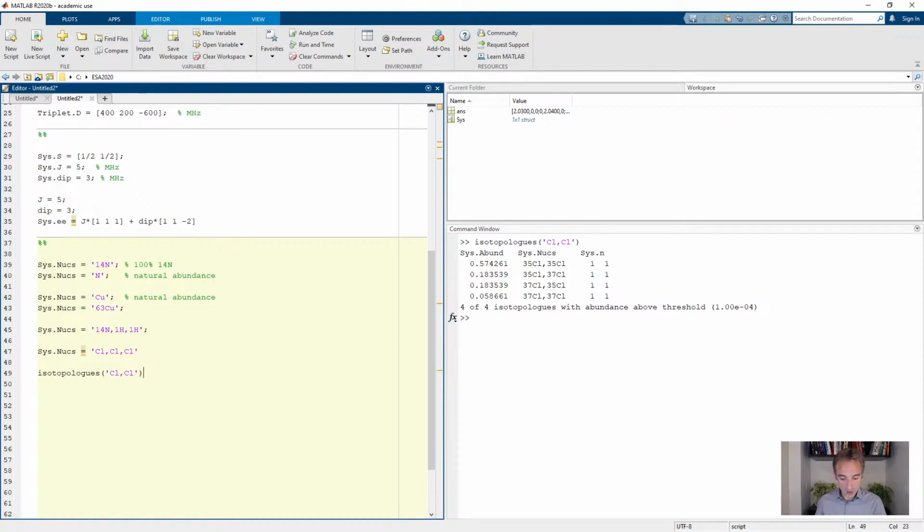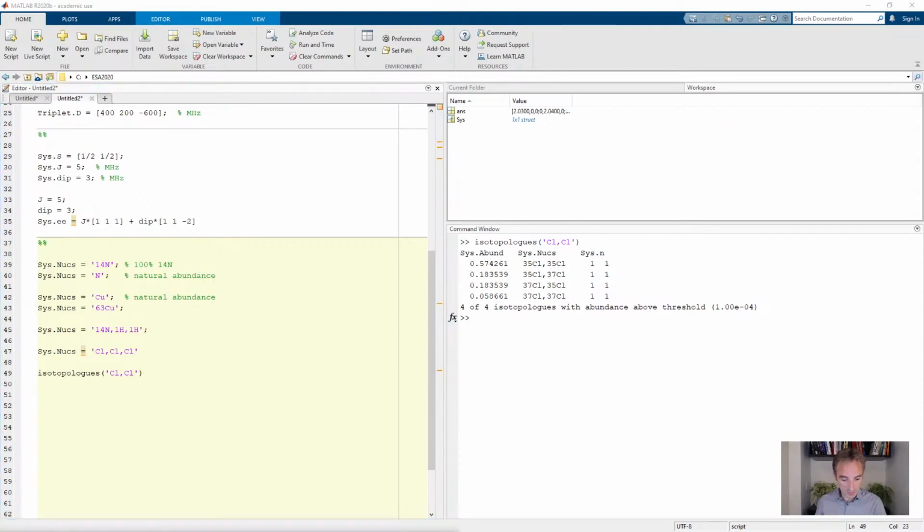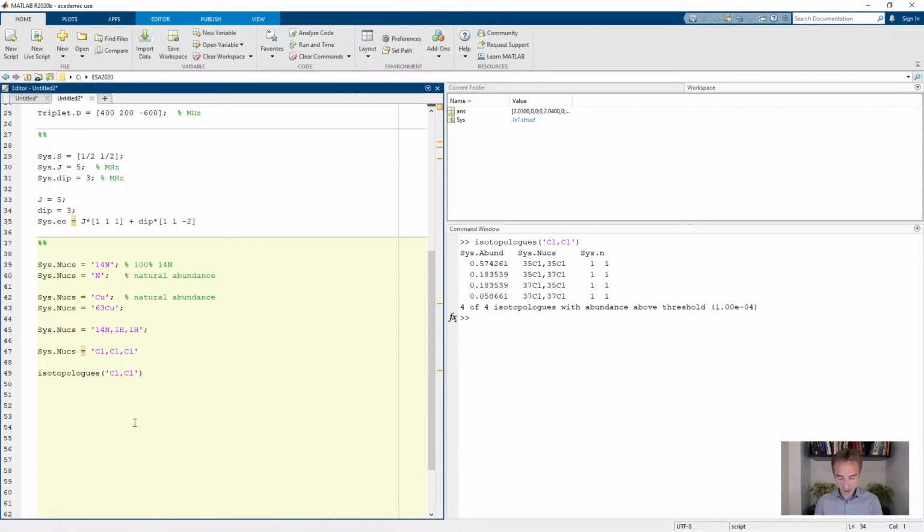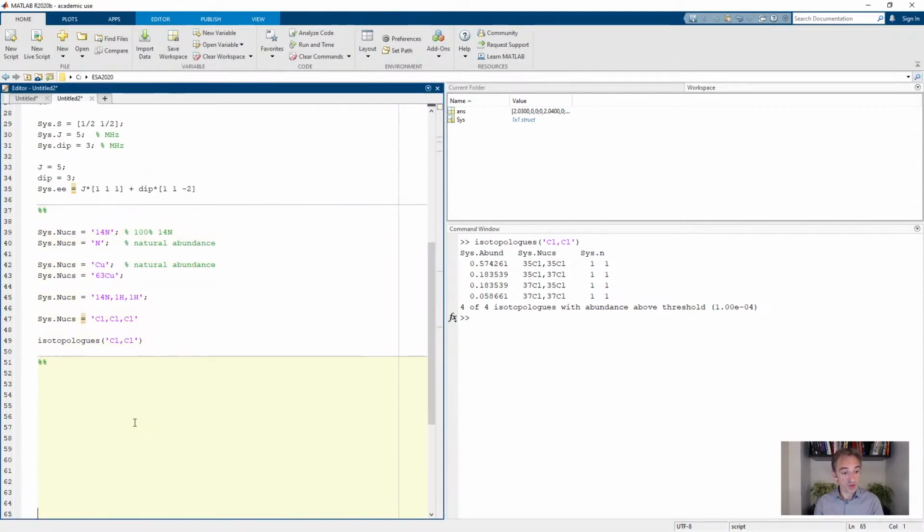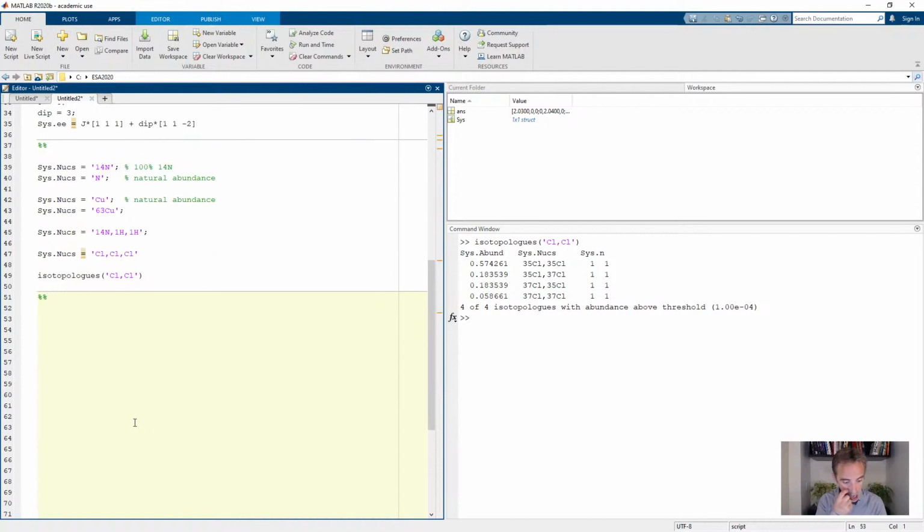All right, so now we've got nuclear spins specified. Nuclear spins couple to electron spins via the hyperfine coupling interaction. To specify a hyperfine coupling, it's very simple. You use a field called sys.A, where the uppercase A stands for the hyperfine coupling tensor. And same as for the g tensor, you can specify either just a single value, if you want to have it isotropic, right? You can specify 2 values, say